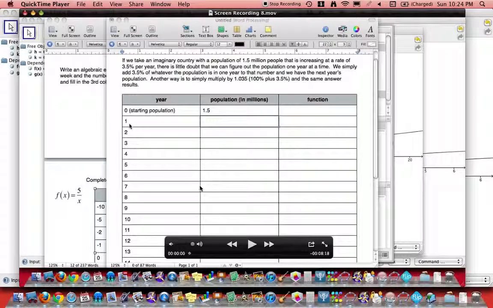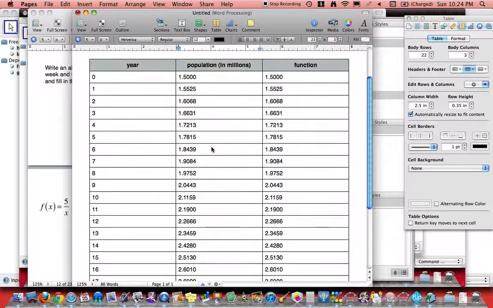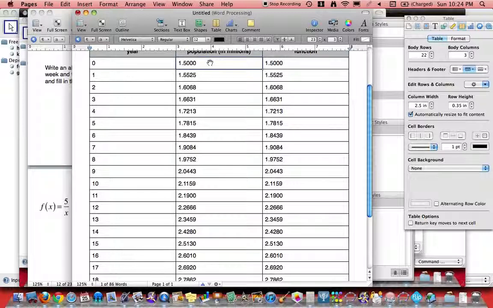So in the last problem, we discussed population growing at a rate of 3.5%. Now,